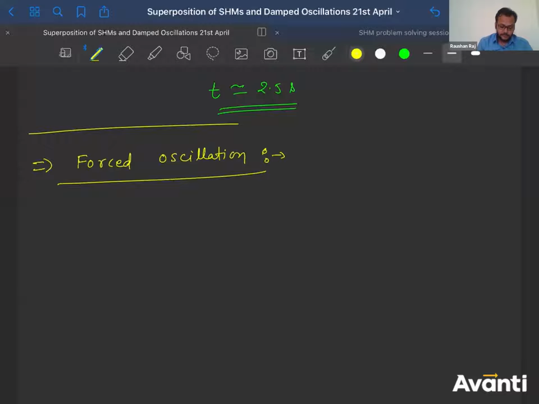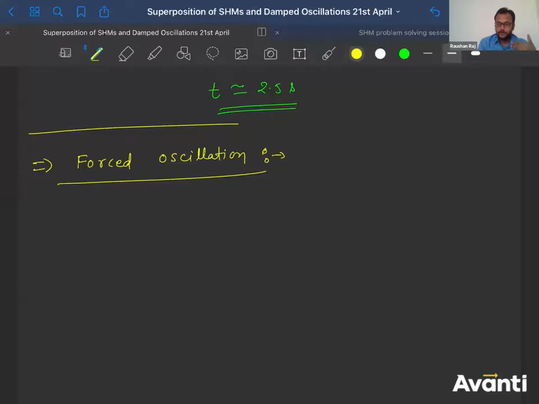So first thing, when the frequency of the force and the frequency of the oscillation become equal, if the driving frequency is equal to the frequency of the oscillation, we call that condition a resonance condition. And secondly, if damping is very, very small, and the driving frequency matches the frequency of the oscillation, then the amplitude increases at a very, very high rate. A drastic increase in amplitude will occur, and that is actually a very dangerous thing.